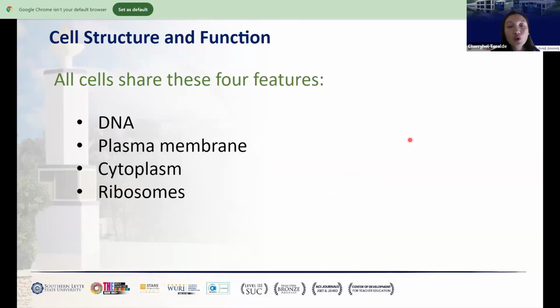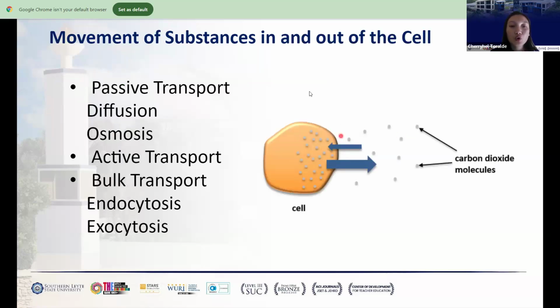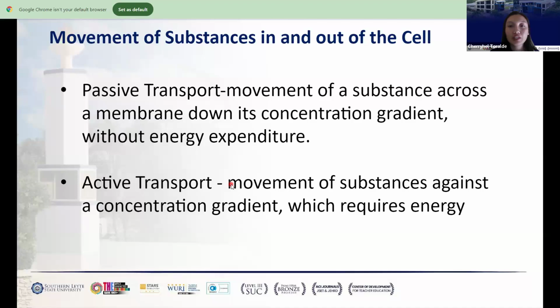Okay, so how are molecules being transported in and out of the cell? We will be discussing three types of transport. First is the passive transport, second is the active transport, and lastly, bulk transport. From the word itself, we can already have an idea what passive transport means. It only says that the movement of the substances in and out of the cell doesn't really need any energy